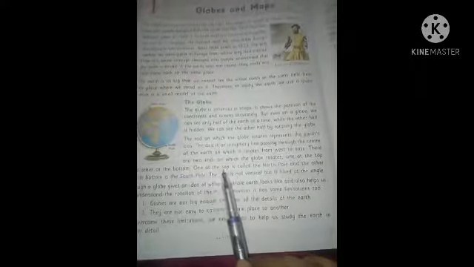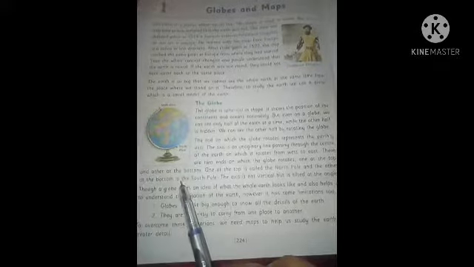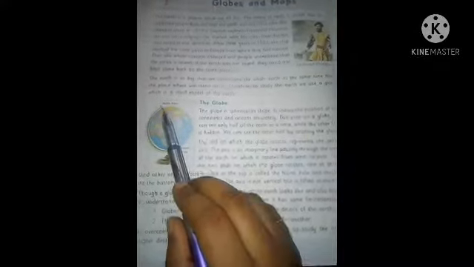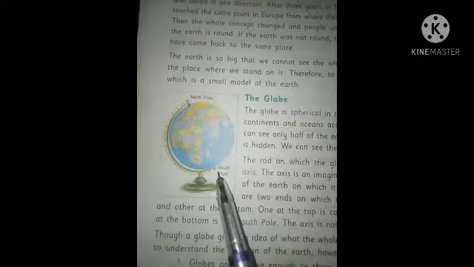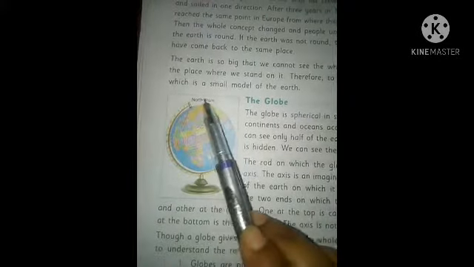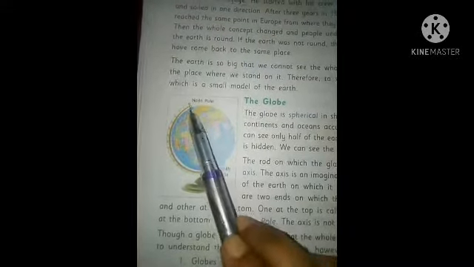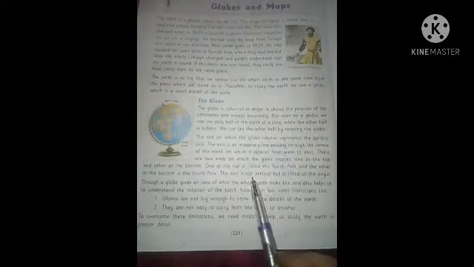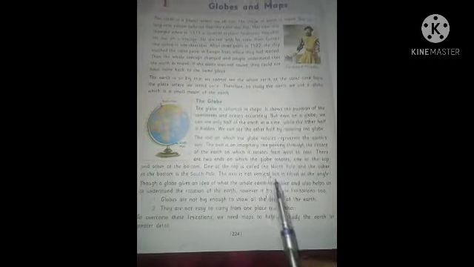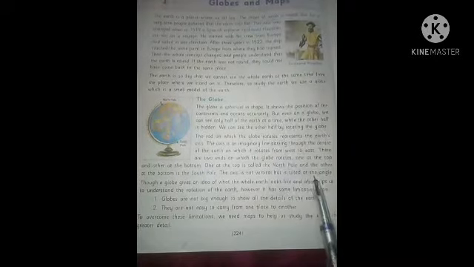The one at the top is called the North Pole and the other at the bottom is called the South Pole. This is the North Pole, this is the South Pole, and this is the axis. The axis is not vertical but is tilted at an angle.